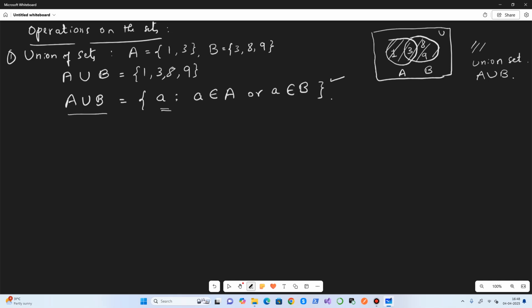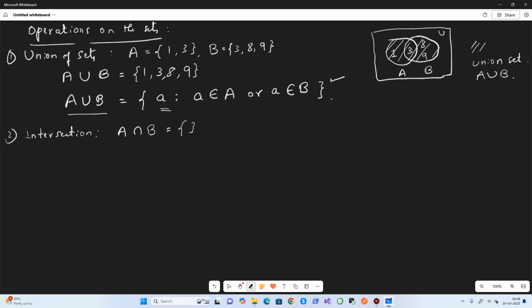Okay. Next is intersection of sets. In the same example, A and B here, to find A intersection B, collect all the elements common between the sets.